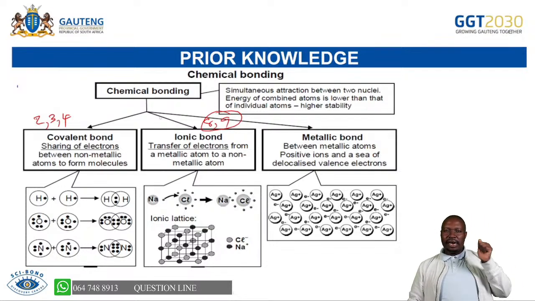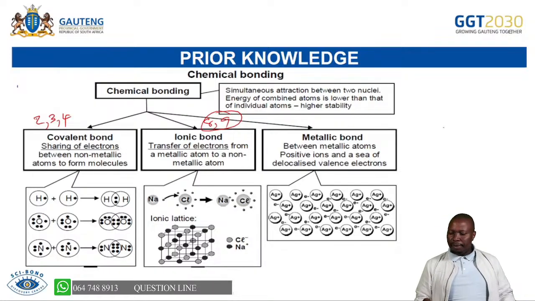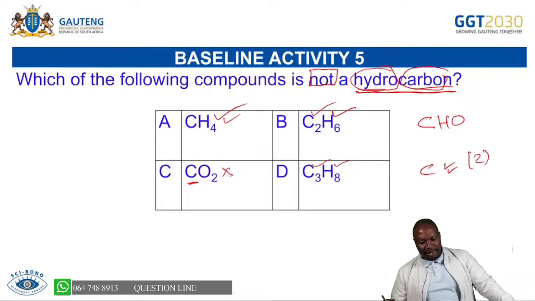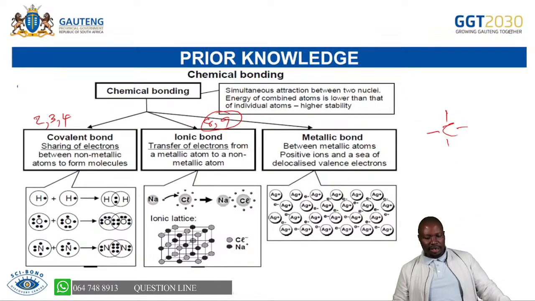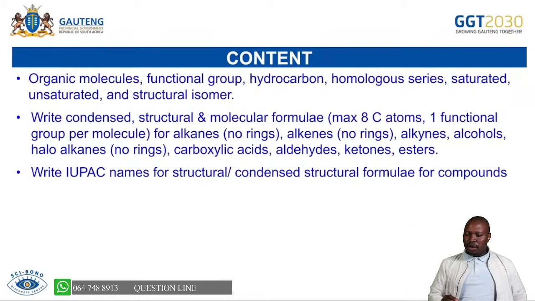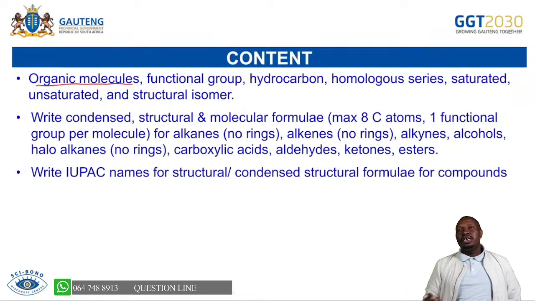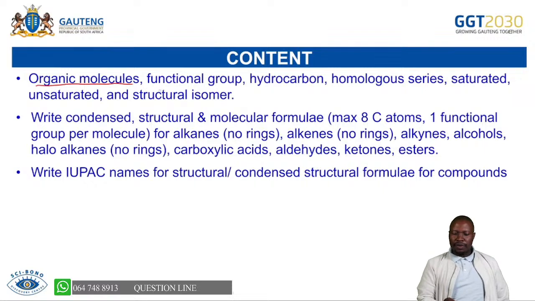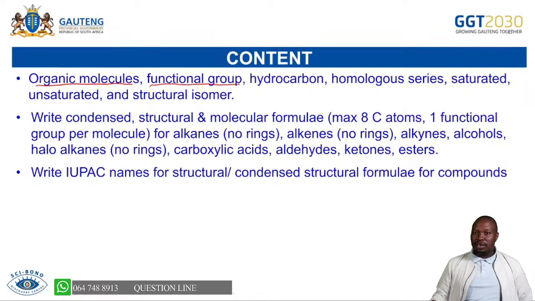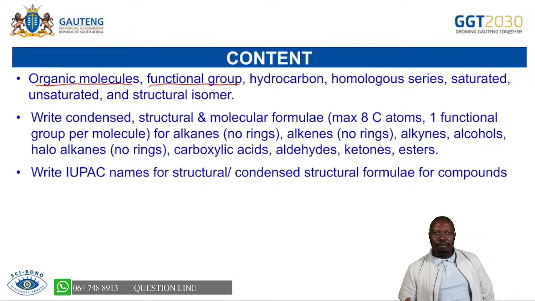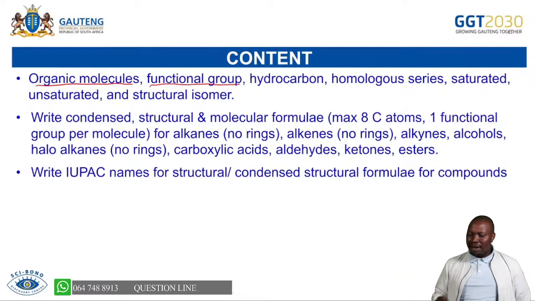The most important thing is that we're going to focus on carbon, because carbon can form 4 bonds around it. So it's very important that you understand that these organic molecules must have carbons. Hence, it's important that we have that understanding. Now, with no wasting of time, we are going to focus on the definition of organic molecules and the definition of a functional group. By the end of this lesson, you must be able to know what organic molecules are. You must be able to know what a functional group is.